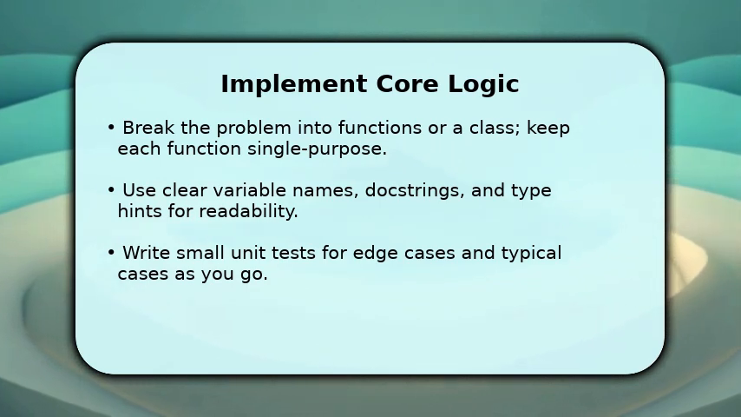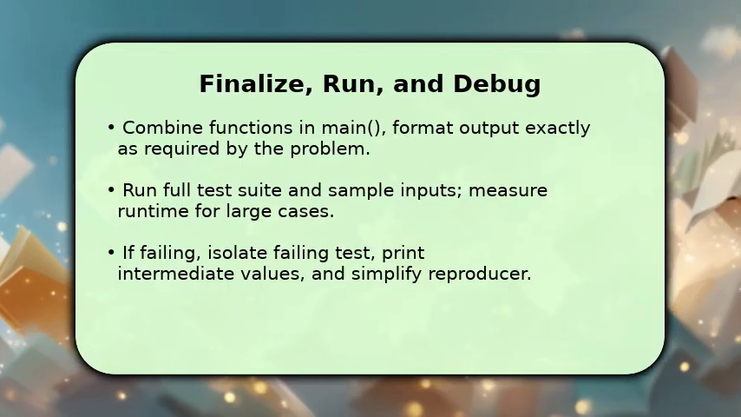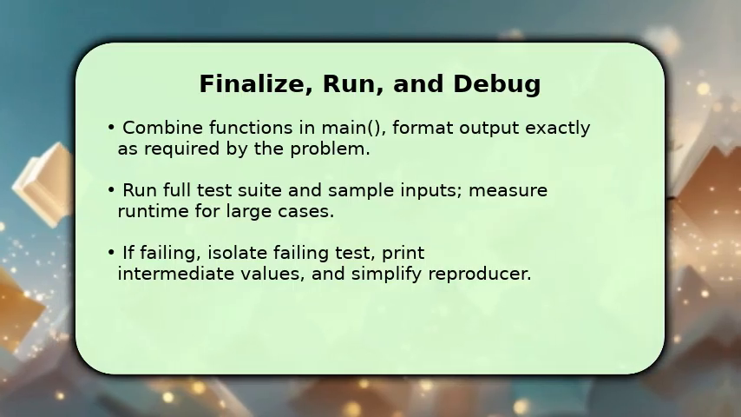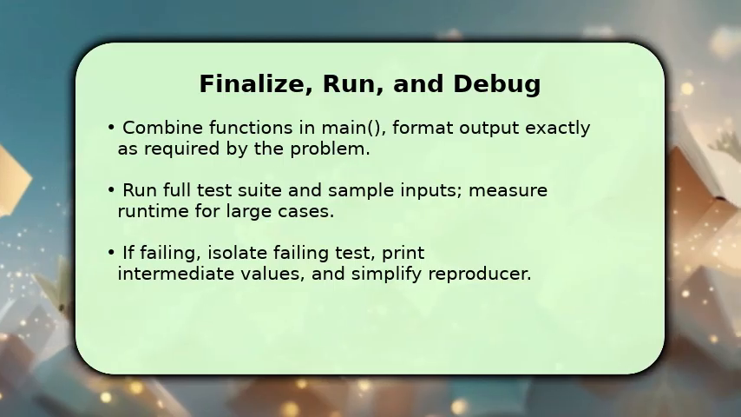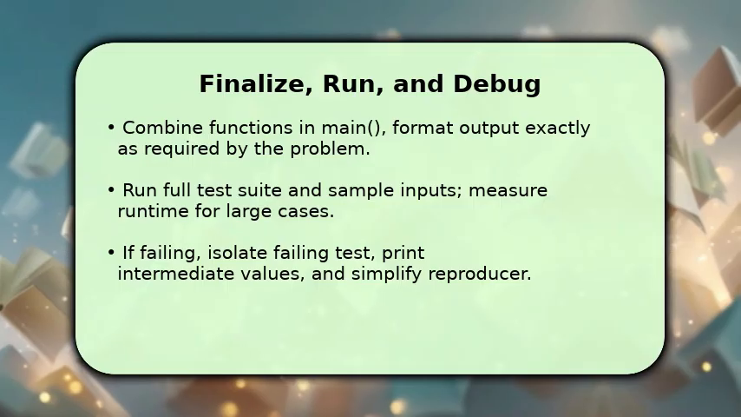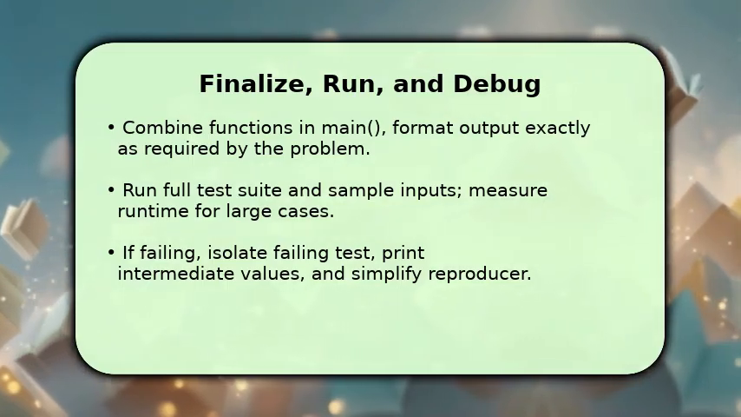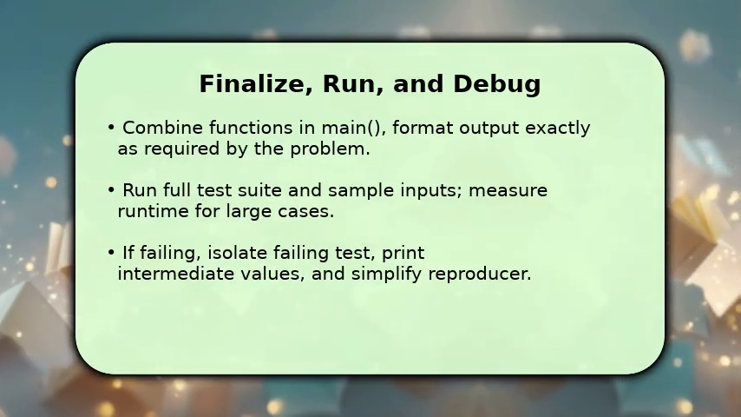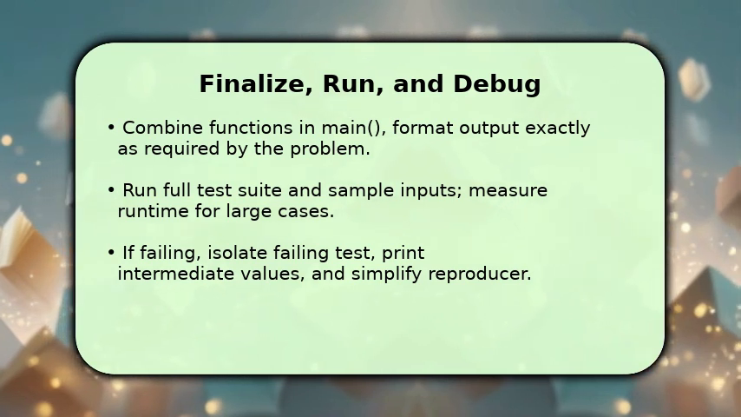You finish by integrating the components into main and confirming output formatting matches the specification. Small mismatches often cause grading failures. Run all tests and try large inputs to check performance. Optimize hotspots only when necessary. If something fails, isolate the failing test and add prints or use a debugger to inspect intermediate values so you see where assumptions break. A key troubleshooting tip: reduce the failing case to the smallest reproducible input. That usually reveals